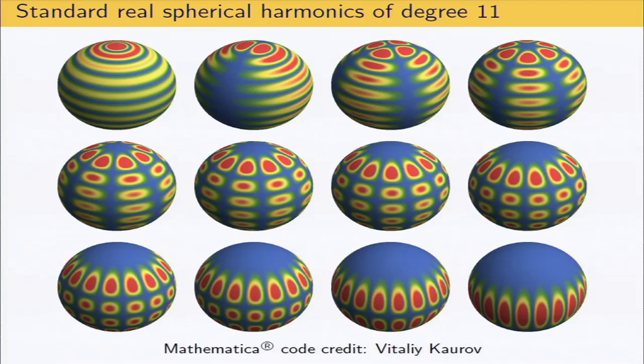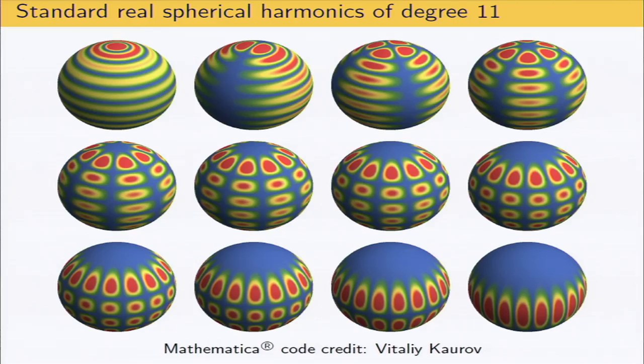Here you see 12 eigenfunctions coming from degree 11 spherical harmonics. They all have the same Laplace eigenvalue, 11 times 12, that is to say 132. Now the full space for this Laplace eigenvalue is 23-dimensional, whereas here you only see 12